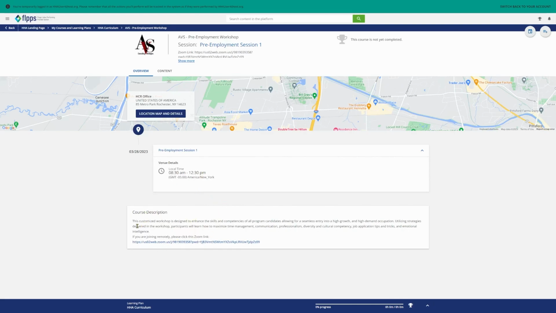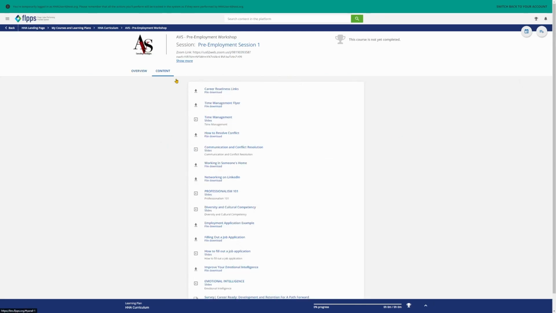And then below, it'll give you a course description of everything that you're going to learn in the course. This is just a brief course description telling you what to expect. And for the pre-employment training, you will be able to join remotely, though it's greatly preferred if you could attend in person. It's structured so that you'll learn the material better in person. That said, moving over to the content tab,